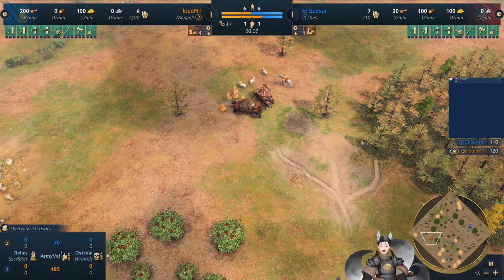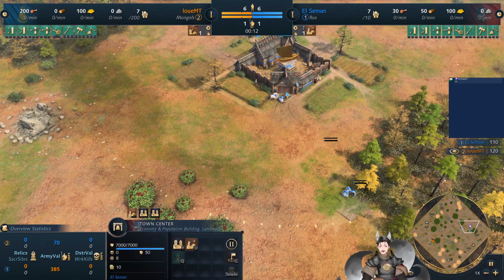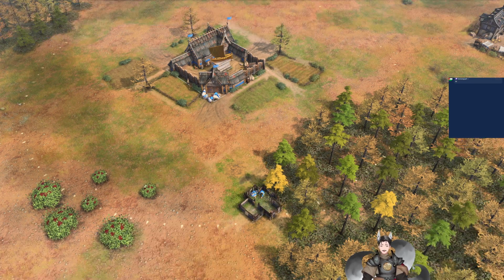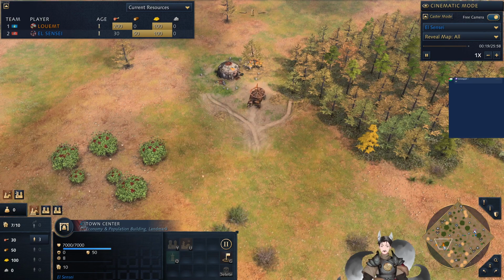Spawn on the north side or the left side as the orange Mongols with LoueMT. Spawn on the right side as the blue Rus with Sensei. Since we do have a Rus player on the field, let's get him selected so we can see what the